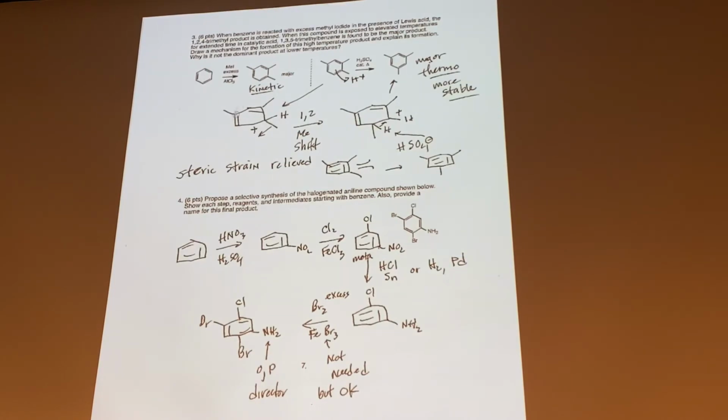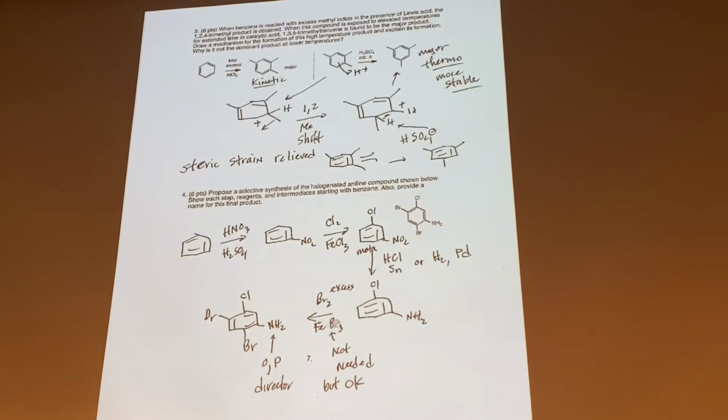But the tricky part here, when we did give this as a problem on a test, is that you've got to come up with this mechanism. But we talked about how you can reprotonate benzene rings when we did the sulfonation reaction. So that's kind of like that loss of the sulfonic acid off the benzene ring. But here it goes back, and then the shift occurs to avoid the steric clash. Anyway. And then, we can do multiple choice questions with multi-step problems, where we give you some choices of which